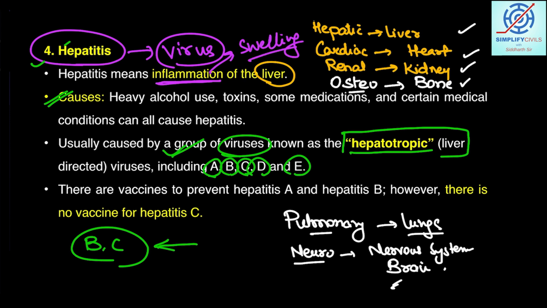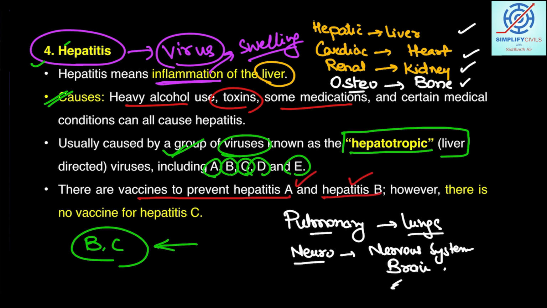In this hepatitis disease condition, swelling of the liver occurs, and because of the swelling the functioning of the liver is not proper. A person may have symptoms of jaundice, digestion problems can occur, and the causes and reasons behind it are heavy alcohol use, toxins, medications. Okay students, there are vaccines to prevent hepatitis A and hepatitis B,